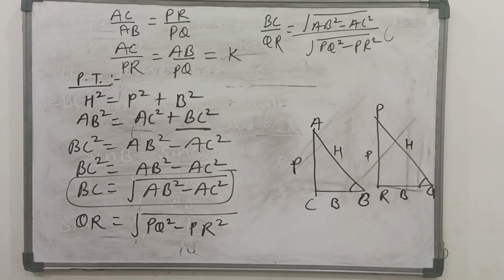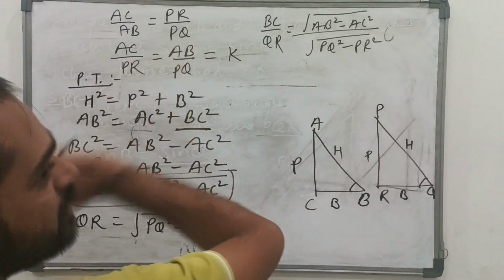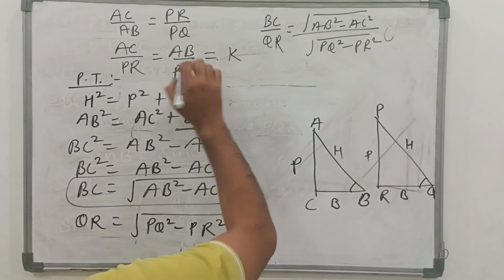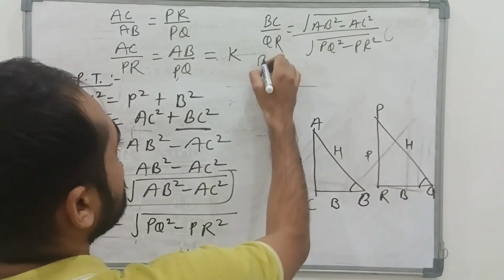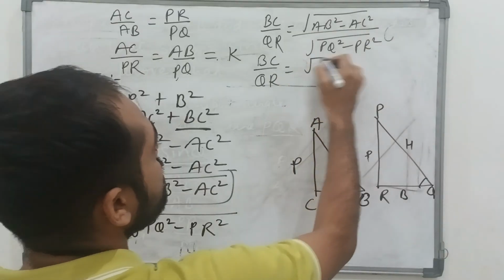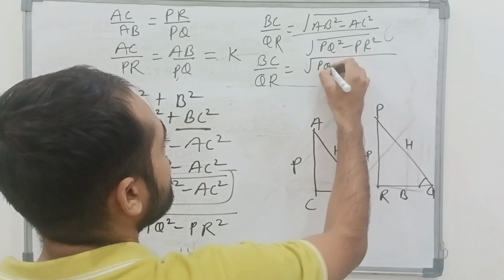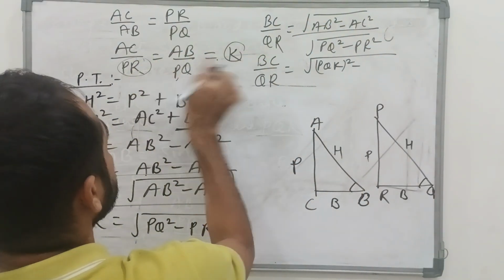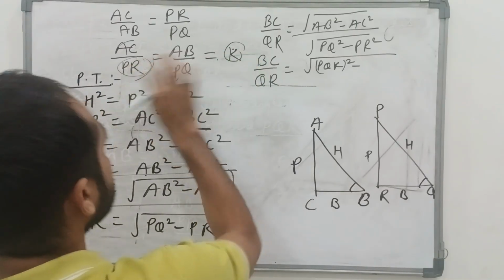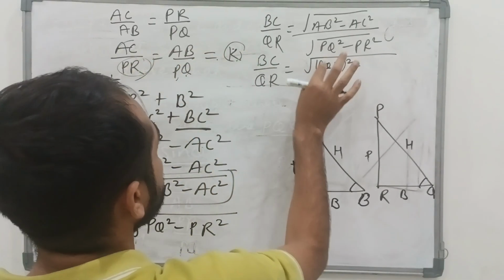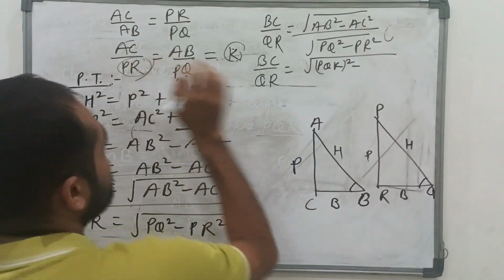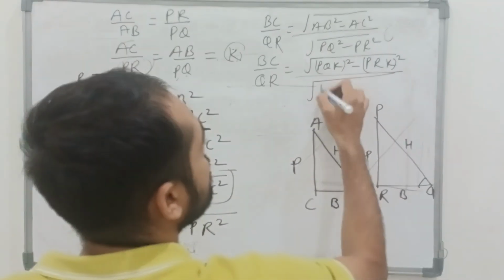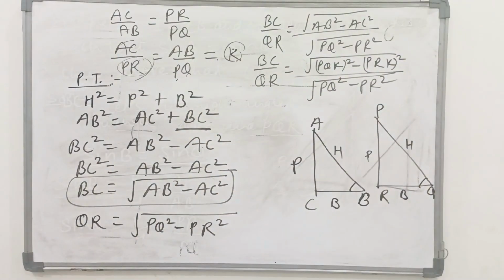AB की जगह PQ का K रख दूं क्या? हाँ ठीक है, AB की जगह K PQ रख दो। BC अपॉन QR इक्वल टू K PQ का होल स्क्वायर माइनस AC की जगह मैं K PR रख दूं क्या? ये रेशियो इसके बराबर है, तो K PR रख दो, K PR का स्क्वायर अपॉन रूट PQ स्क्वायर माइनस PR स्क्वायर। देखो, समझ में आ रहा है ये।